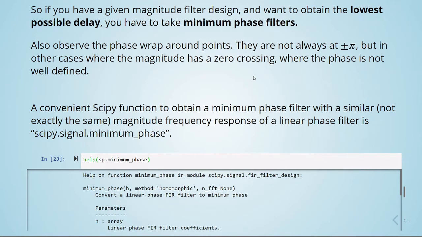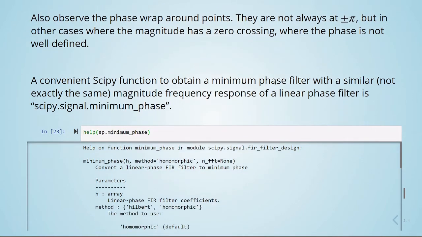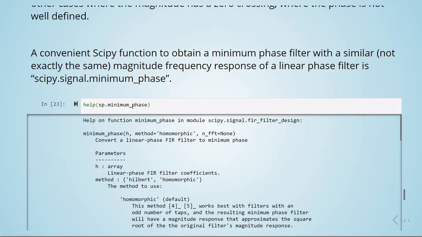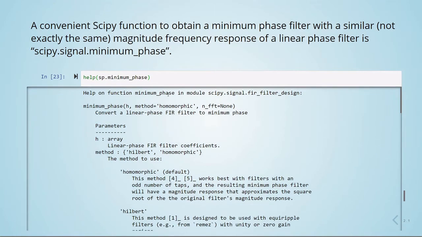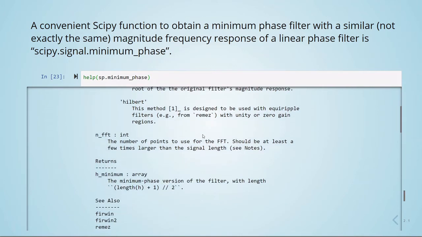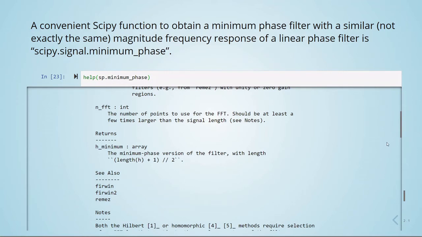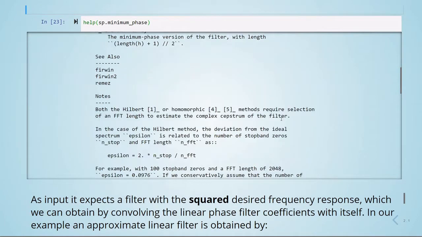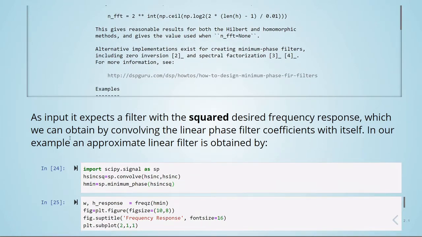So a convenient SciPy function to obtain a minimum phase filter with a similar, not exactly the same, magnitude frequency response of a linear phase filter is this scipy.signal.minimum_phase. So here you can take a look at the help function. So it takes some arguments, it returns the minimum phase version of the filter. And as an input, it expects a filter with the square desired frequency response, which we can obtain by convolving